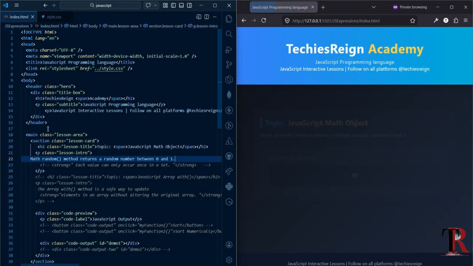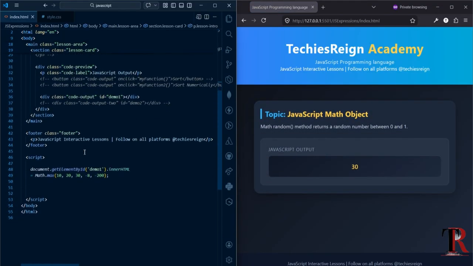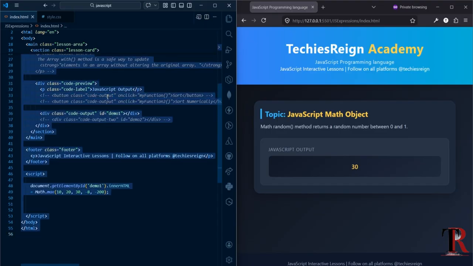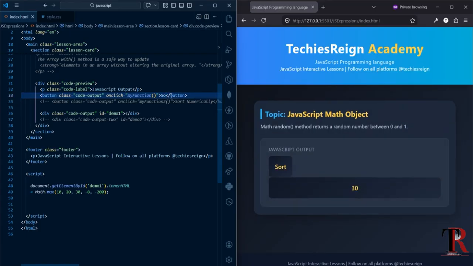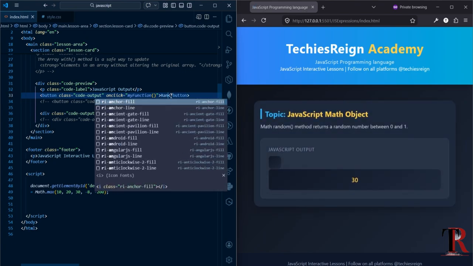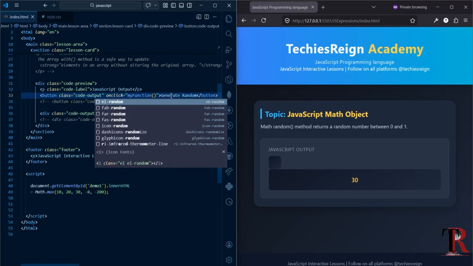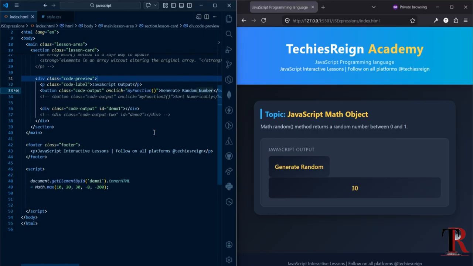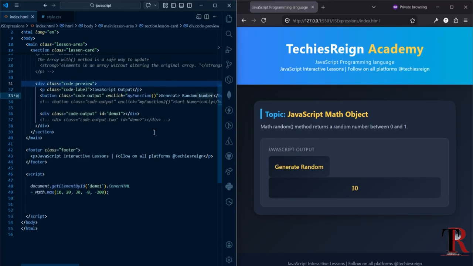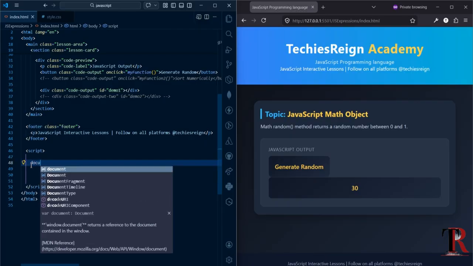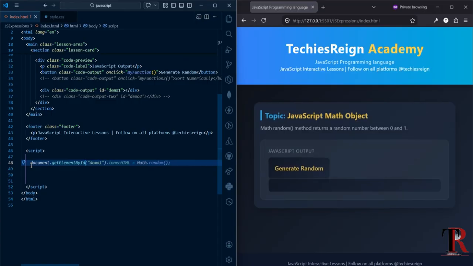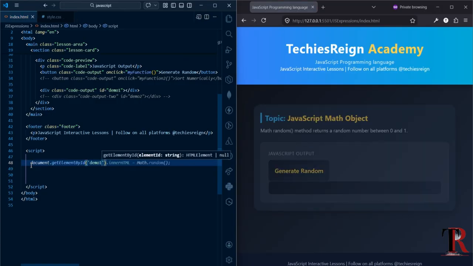Don't forget, when they say something is random, it means it follows no order. So it works randomly. I need a button to achieve that. So I will comment this out and call this Random. I'm going to say Generate Random. Document.getElementById demo1